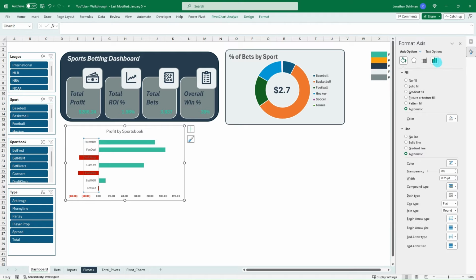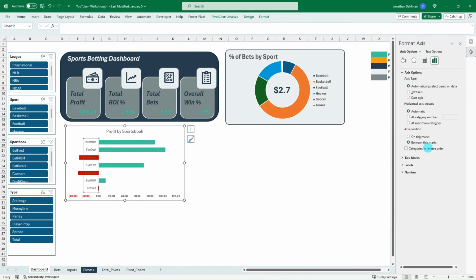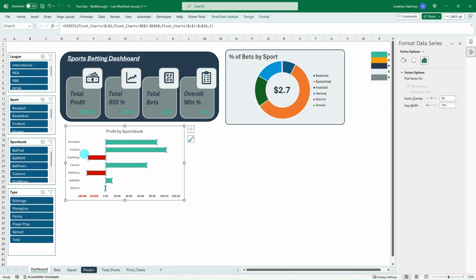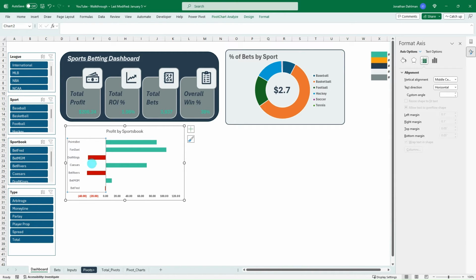And so in order to work around that, we'll go to axis options and then labels, and then we'll do label next to axis. Go ahead and do low, and you can see that puts a nice space between the chart area and then our labels. Go ahead and select those, bold them. I think that makes it stand out. Bold our title, and then select the chart area again, and then we can go to